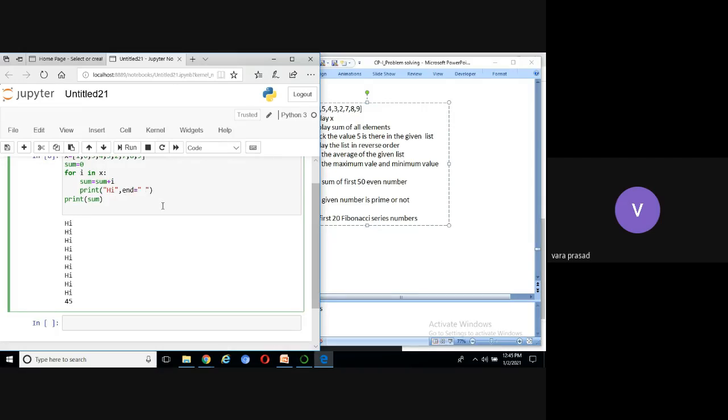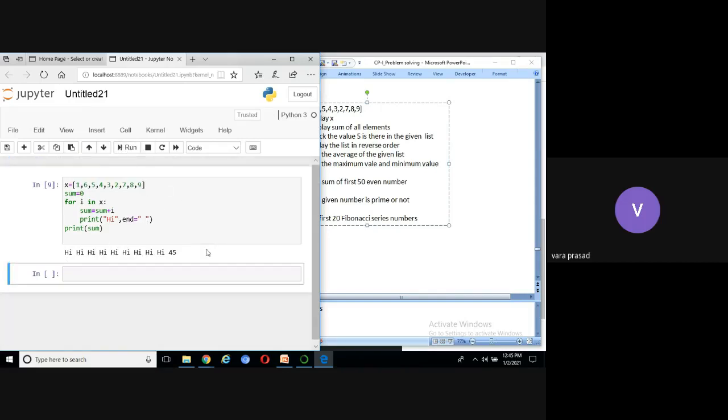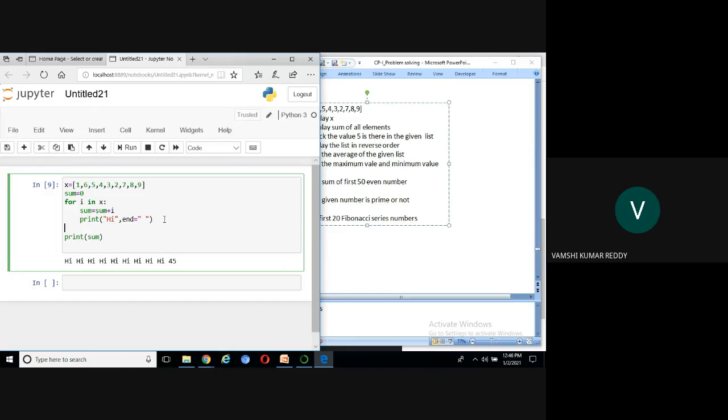Now, what is the output of this program? Run the code now here. It displays everything in one line. What do we have to do? We want to display high 9 times in one line, and in the next line display 45. What do we have to do? Yes, anybody? Providing a line break. Where to write that line break? After that, after we have written that. Right, here I will write.